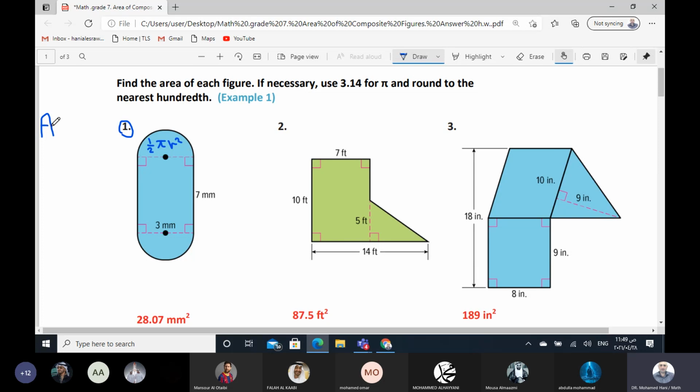So the area of the composite figure will be, we have two congruent semicircles, so multiply by 2 because we have two semicircles. So 2 times 1 over 2 times pi times r squared